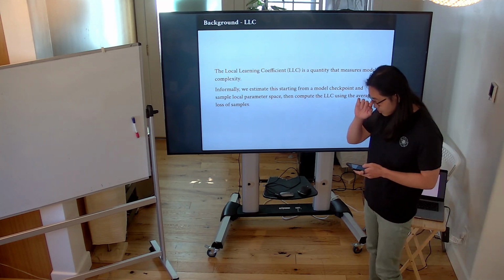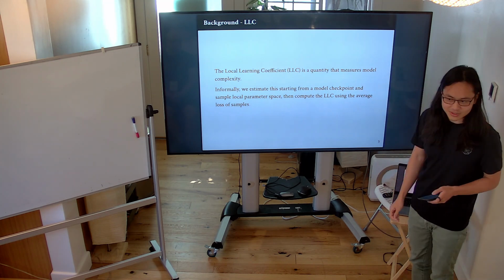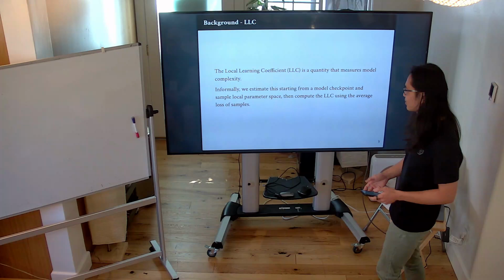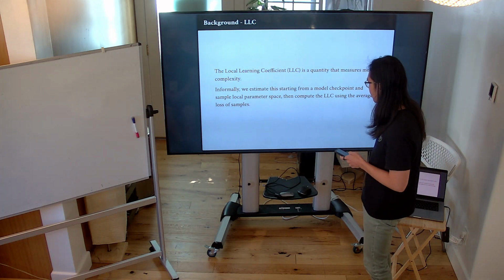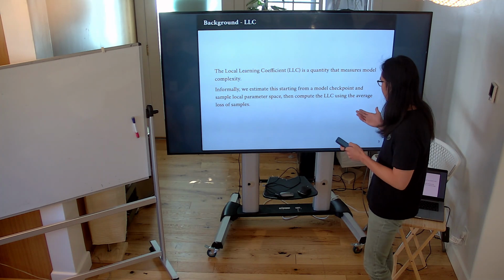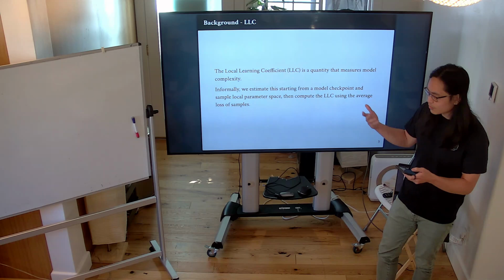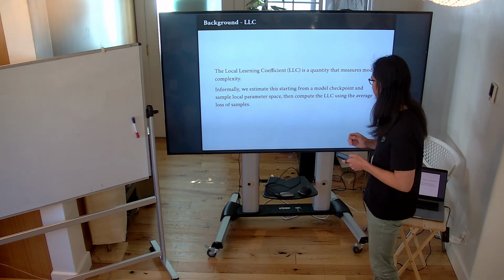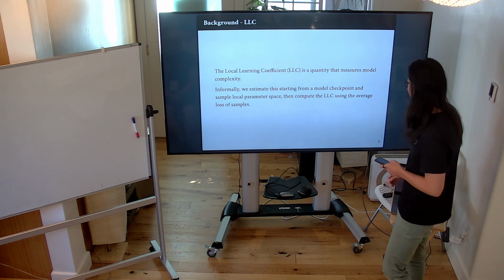Okay, so the global learning coefficient is a quantity that measures model complexity. You've probably seen this a dozen times during this conference already, so I won't spend too much time on this. Informally, we can think of this as starting from some model checkpoint, perturbing the model parameters, and then taking the average loss and running this through some equation in order to compute the LLC,